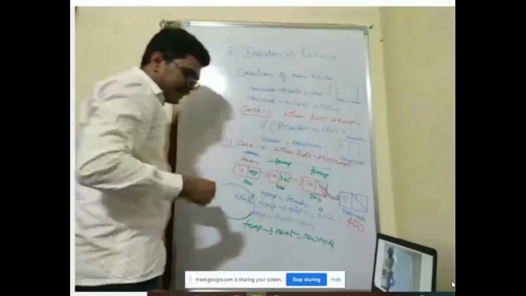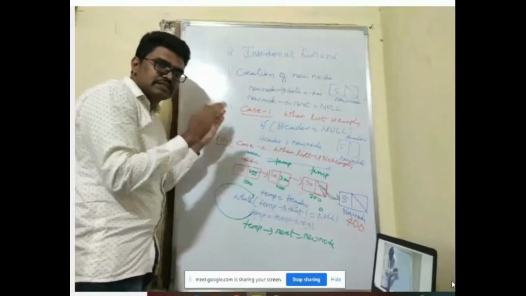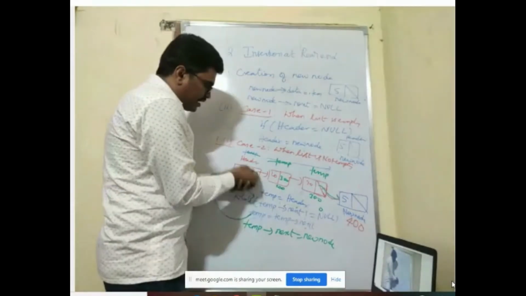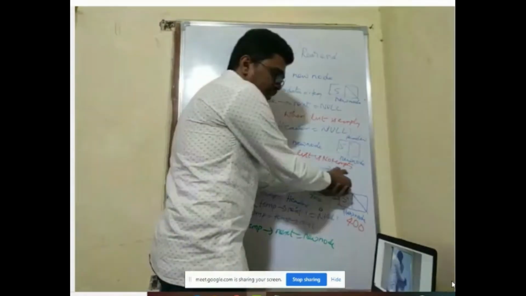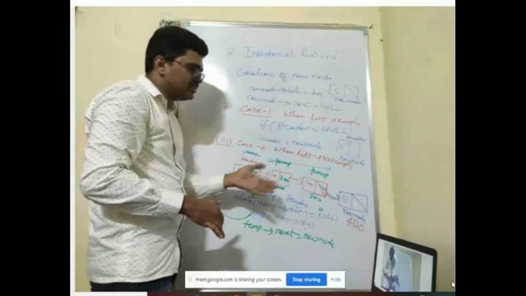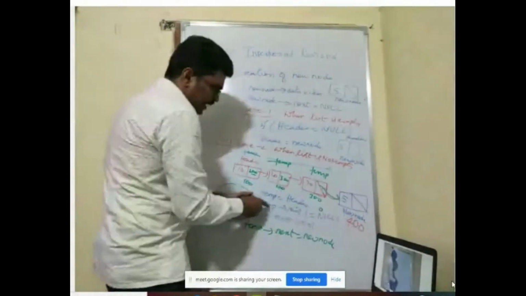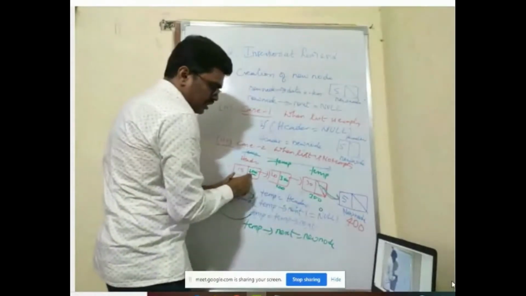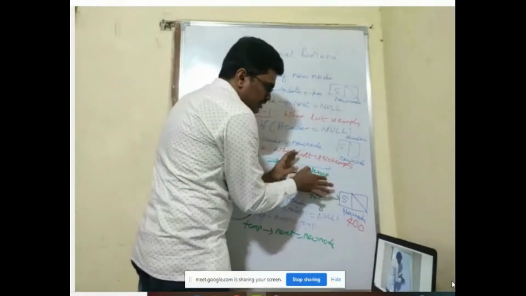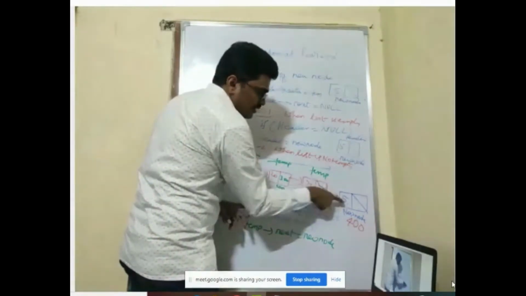So why I used a temporary pointer is that I should not change the header. Header should always point to the first node. So I take a temporary pointer and start from the header. I go on moving until I reach the last node in the list. I find out it is the last node because its next field will be null. So temp is equal to header; temp next is not equal to null, so I'll move here. It is not equal to null, I'll move temp here. It is null, I'll not move. Once my temp is pointing to the last node, I'll insert the address of the new node in the next field of the last node in the list.